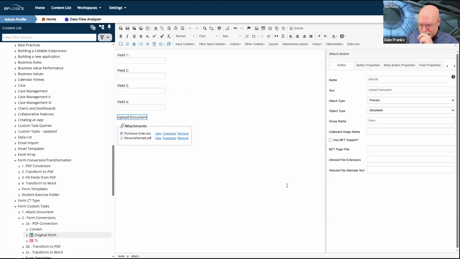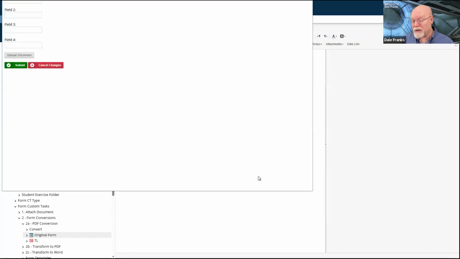There's my button. Okay, so this form is going to do a PDF conversion, and it's going to do it in the most tedious way possible. It's simply because of the way form submission works in Process Director. So I will show you the bad thing with some custom tasks. Some custom tasks, and the most common of which is the PDF conversion custom task, can be painful to implement in a form or a process timeline. Now, in this particular case, the custom task is in the process timeline, not in the form itself.